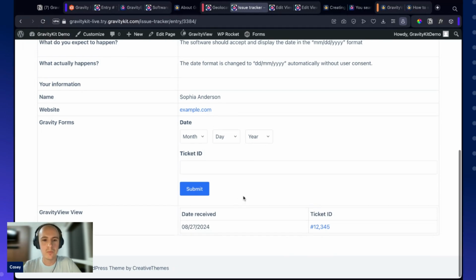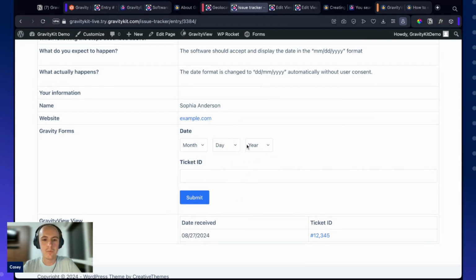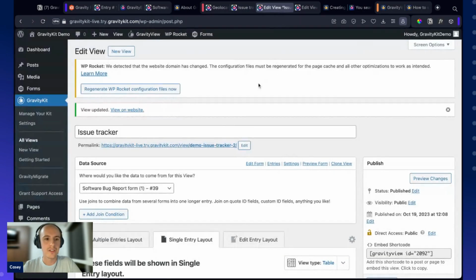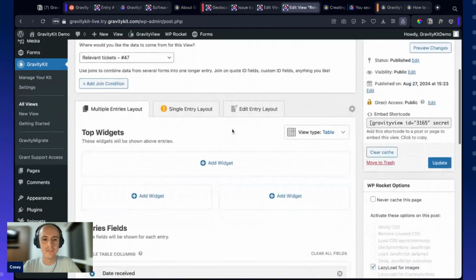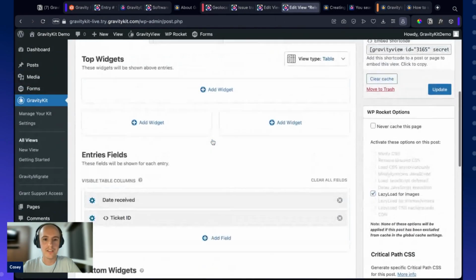And that is an anchor link that we can click to be taken through to that ticket. So this is a really neat way to associate entries from a form to a parent entry in GravityView. And another really cool thing that you can do if you don't want to have to refresh the page is you can actually use the DataTables auto update feature. And that'll update every so often to show new entries. The way that you can do that is just by going back to the second view that we created here, relevant tickets,